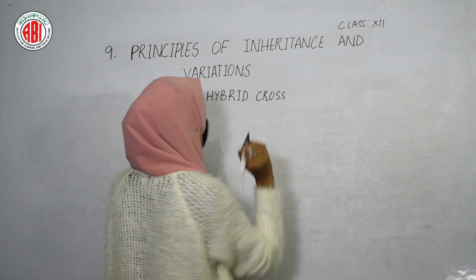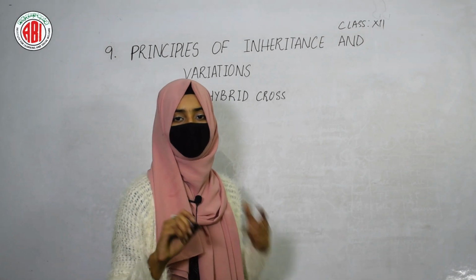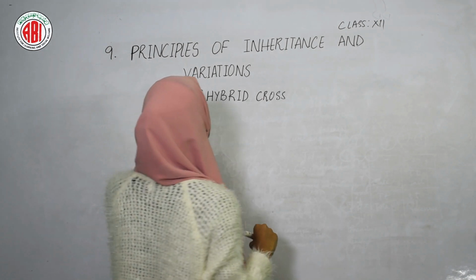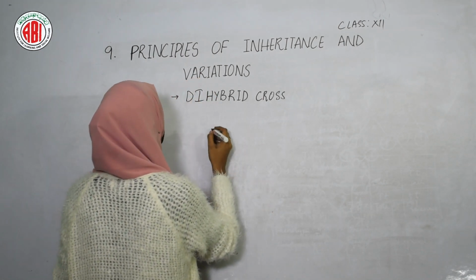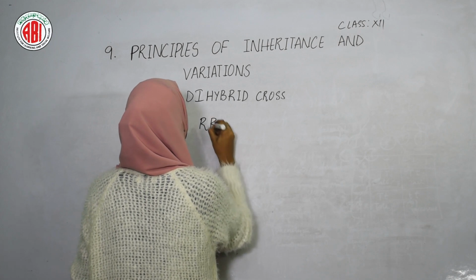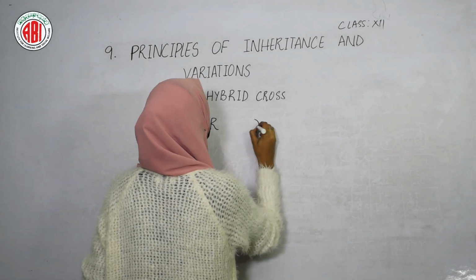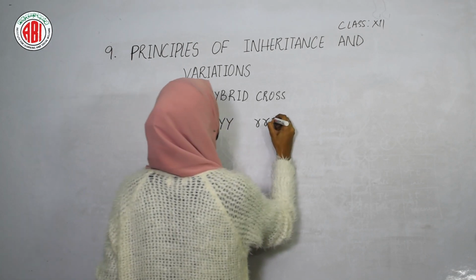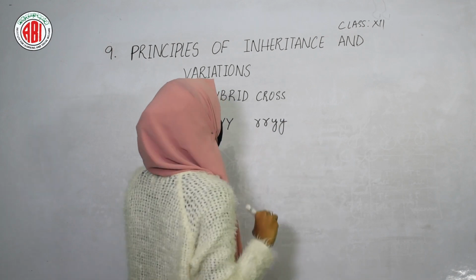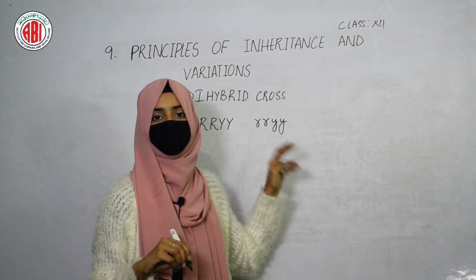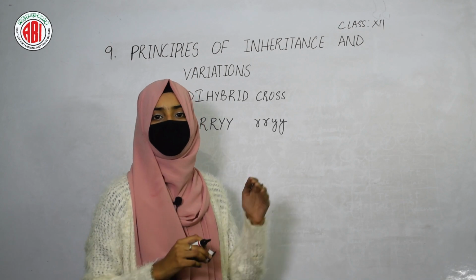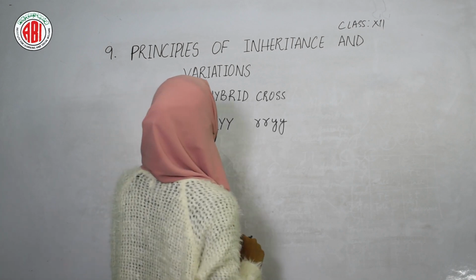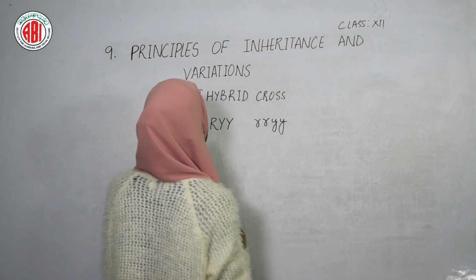In the monohybrid cross, we have seen how one pair of contrasting characters can be inherited from the parents to the offspring. Now, let us take two pairs of contrasting characters. The first character we will take here is the seed shape, round and wrinkled, and the other character is the color of the seed, that is yellow and green. These are the characters that have been given by Mendel. Out of those 7 pairs of contrasting characters, here we are taking only 2 pairs to show the dihybrid cross between these two plants.